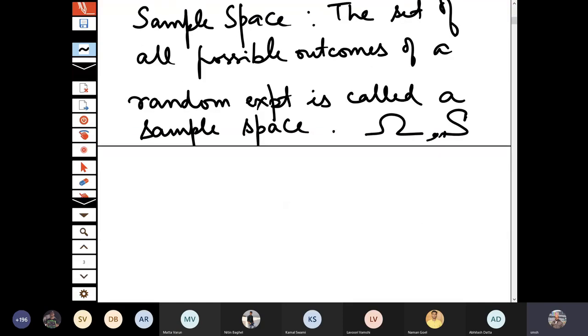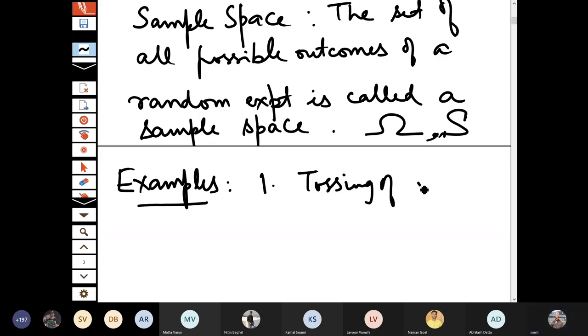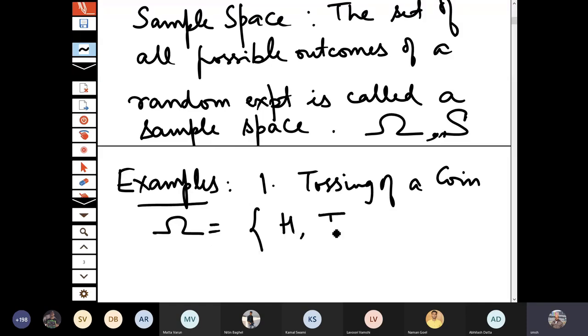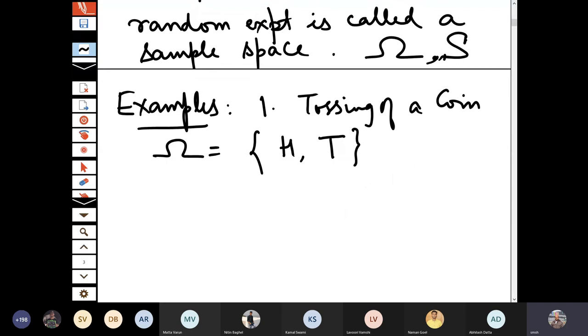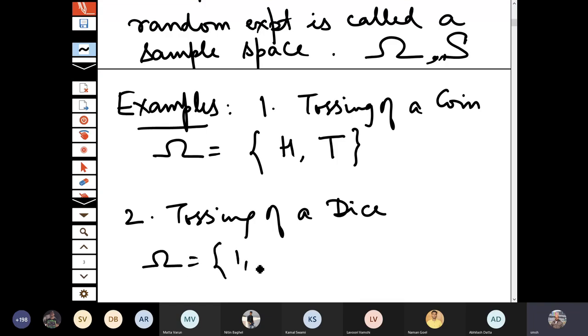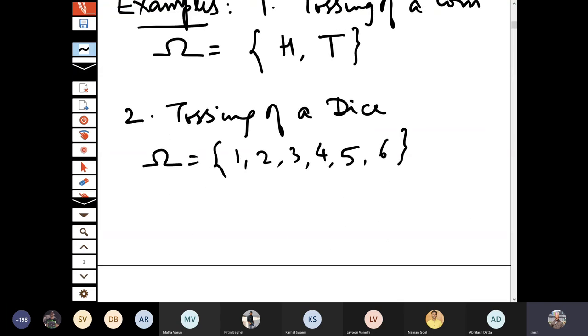So let us consider some trivial examples. Let us start with the simplest, tossing of a coin. You can have the sample space: either head comes or the tail comes. You can have, say, tossing of a dice. If we look at the uppermost face, then you will have the numbers 1, 2, 3, 4, 5 or 6. If you consider, say, drawing of a card,